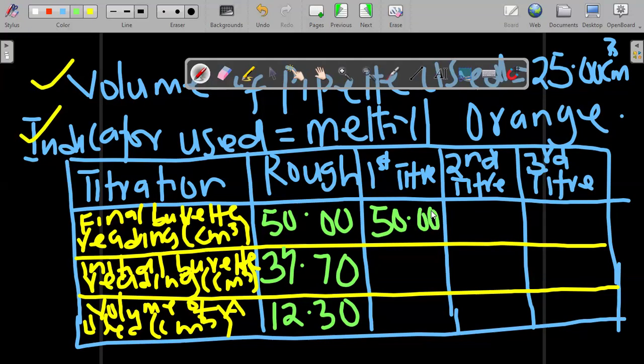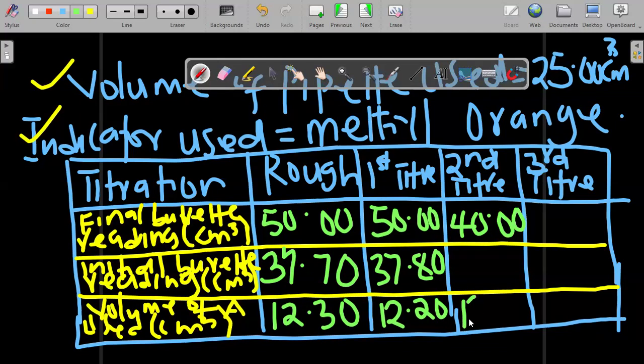50.00. What I'm looking for now is 12.20. So here will be 37.80. You see that? So I cannot take my second title. I can use 40 if I may want. If I want, I may use 40.00. What I'm looking for is 12.20. So I will now say 40 minus 12.20. That will give me